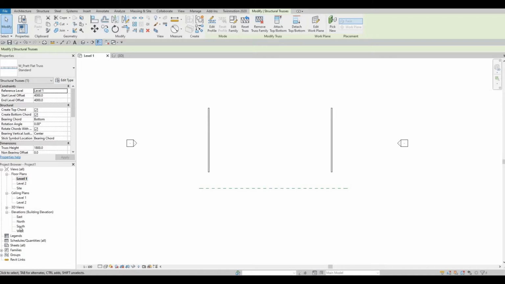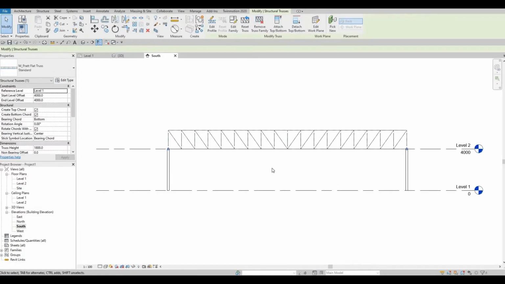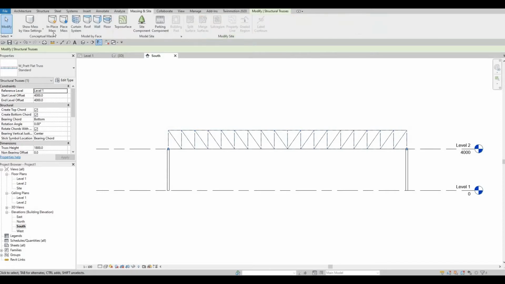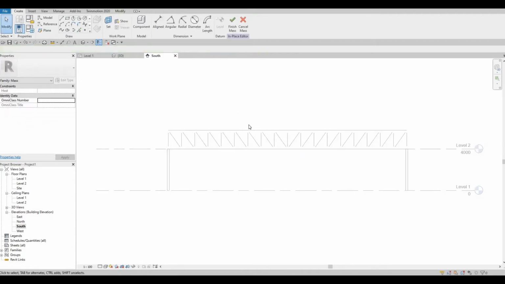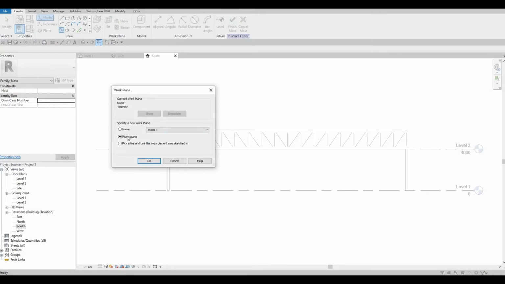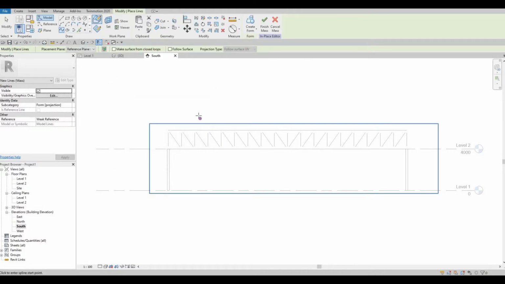Now we need to go to elevation, and then the south elevation, and then go to massing and site, in-place mass, and then press OK. You can change the name to whatever you want, and then after that select spline through points, and then pick a plane. Remember we created a reference plane called roof, so we're gonna choose that. Press OK, and then now